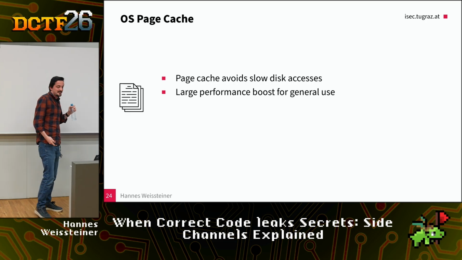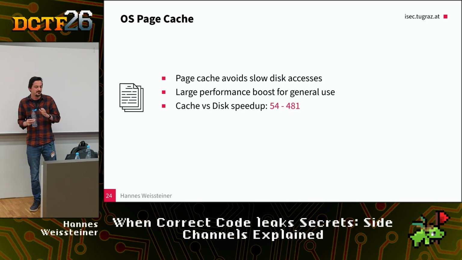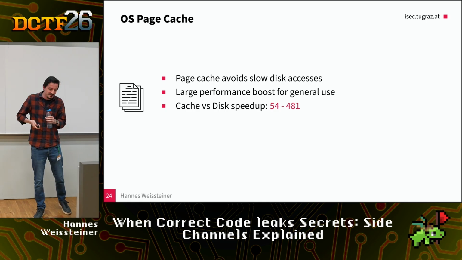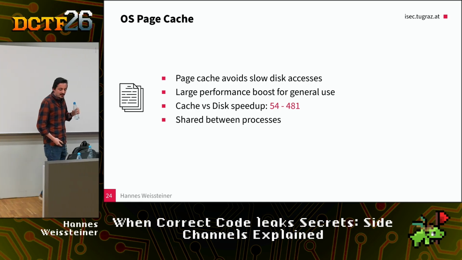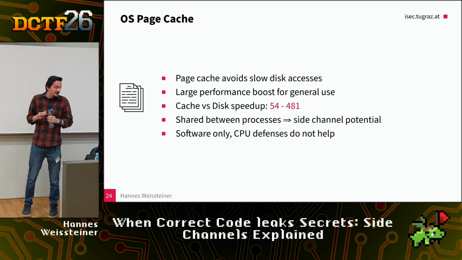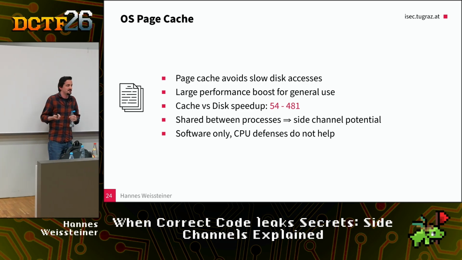It avoids slow disk accesses, speeds up the disk accesses by like 50 to 400 to 500 times. There's a times sign missing here. And it is of course shared between processes. No CPU defenses help against this. This is software only. This works on ARM as well.